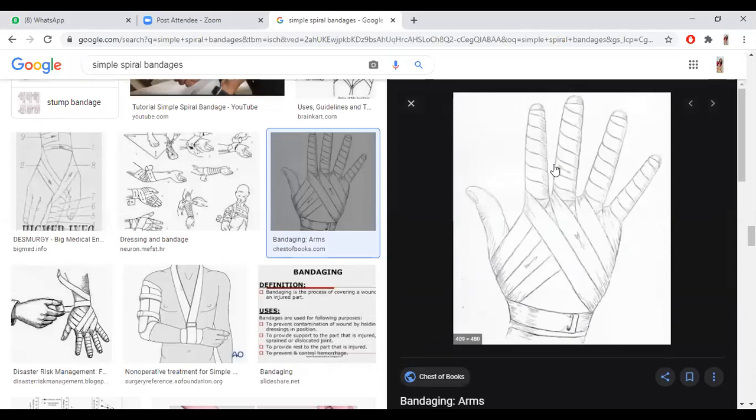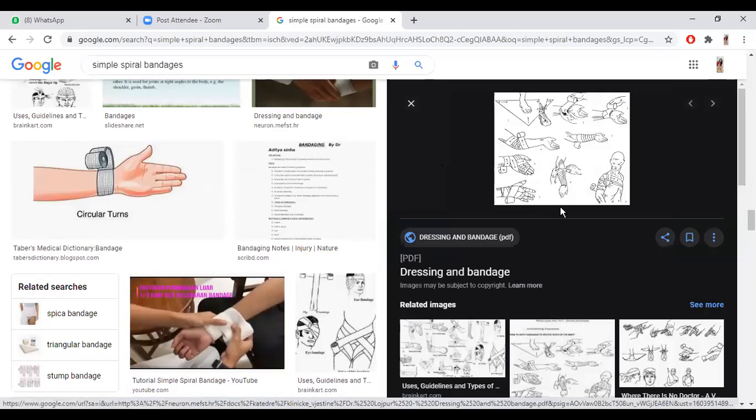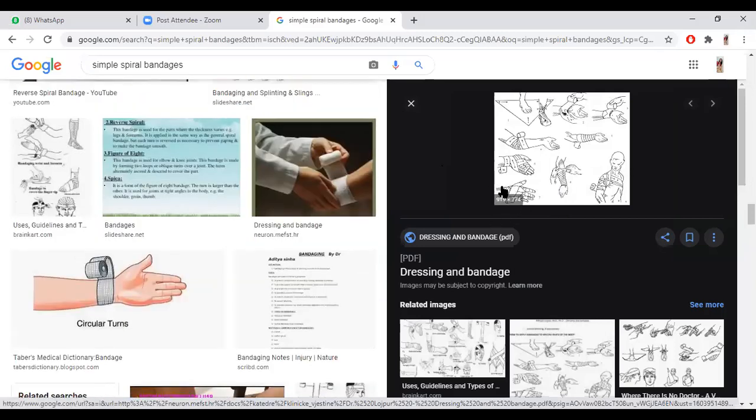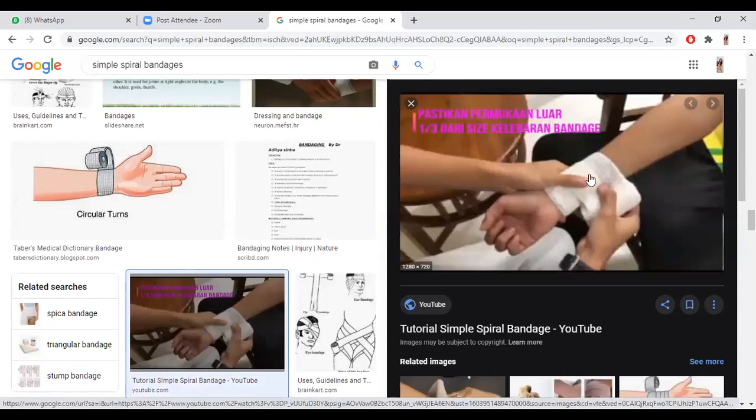See, this is the roller bandage. Are you able to see? White in color.